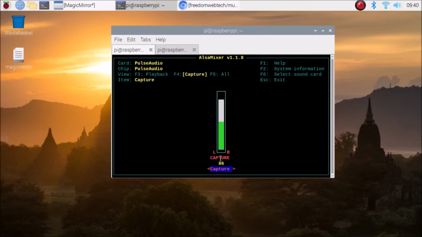As you can see I have increased it. If you want to minimize it, just decrease it by pressing the down arrow key, and of course for increasing, the up arrow key. That's it. Now we have successfully enabled the microphone with our Raspberry Pi 4. This is the first setting.